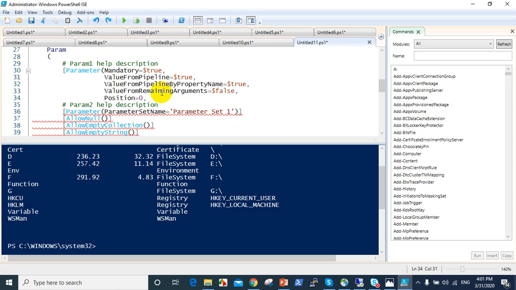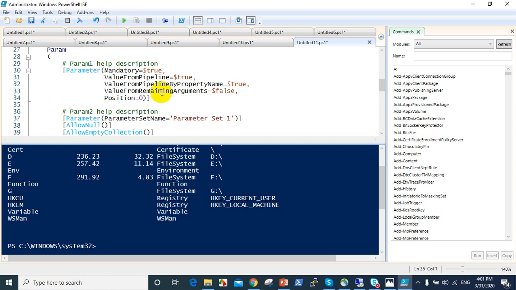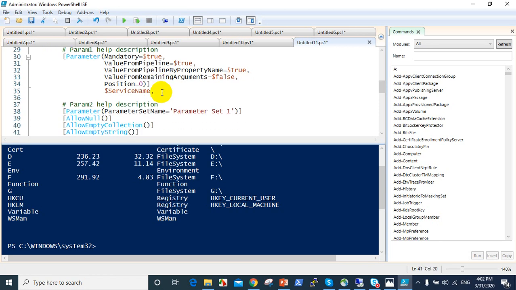So here close the bracket, close it and enter. Here service name, so you should give service name, comma, parameter 2, so in parameter 2 stop set you should give